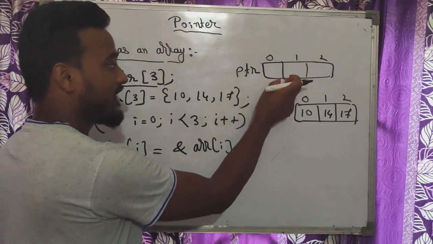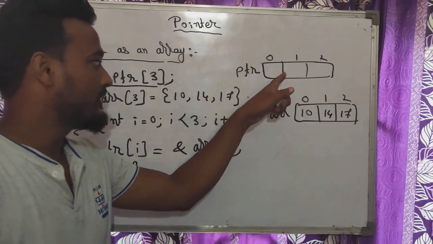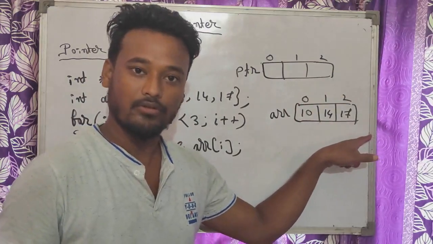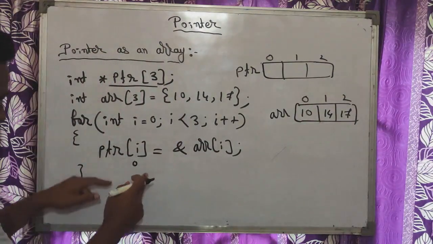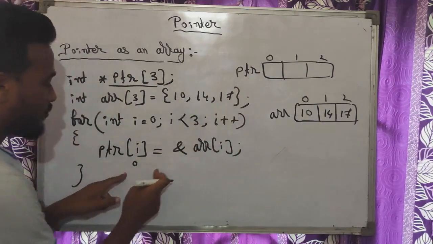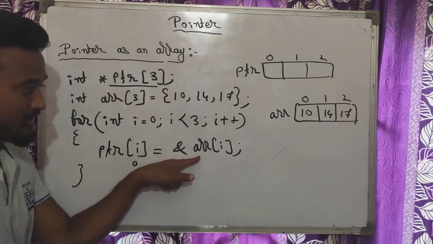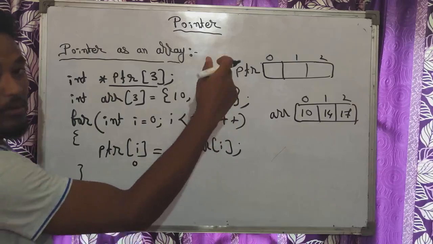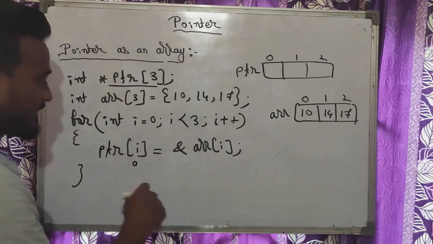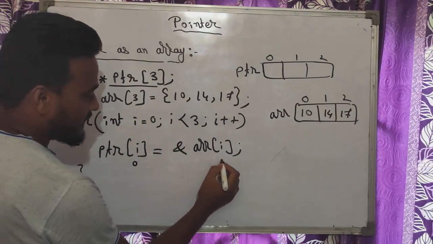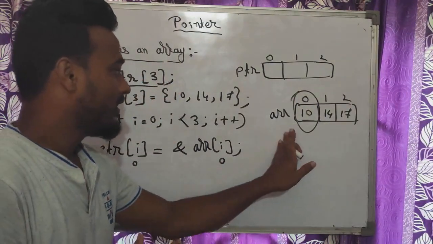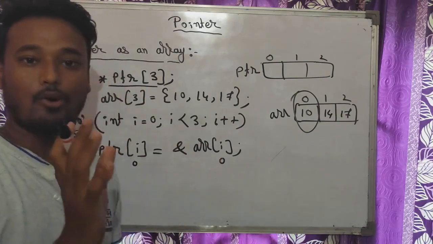Now this ptr has 3 pointer variables, so you know that the value inside here will be a memory address, not a normal value. Clear? So when we execute this for loop, inside this ptr we are going to assign the memory address of whose? Array I. Array I means going one by one, like we already did with arrays in previous classes. So array I means what? Array 0. What is array 0? This one. For every array variable, they have their own memory address.